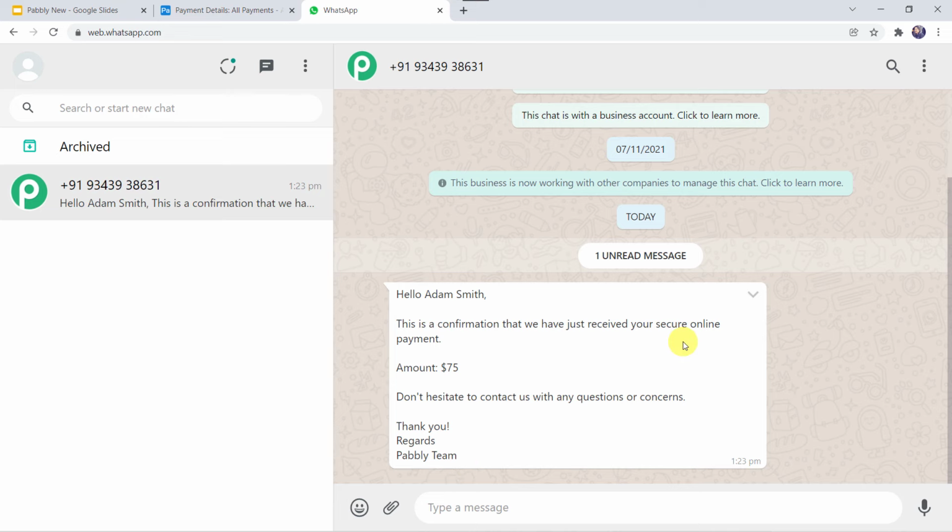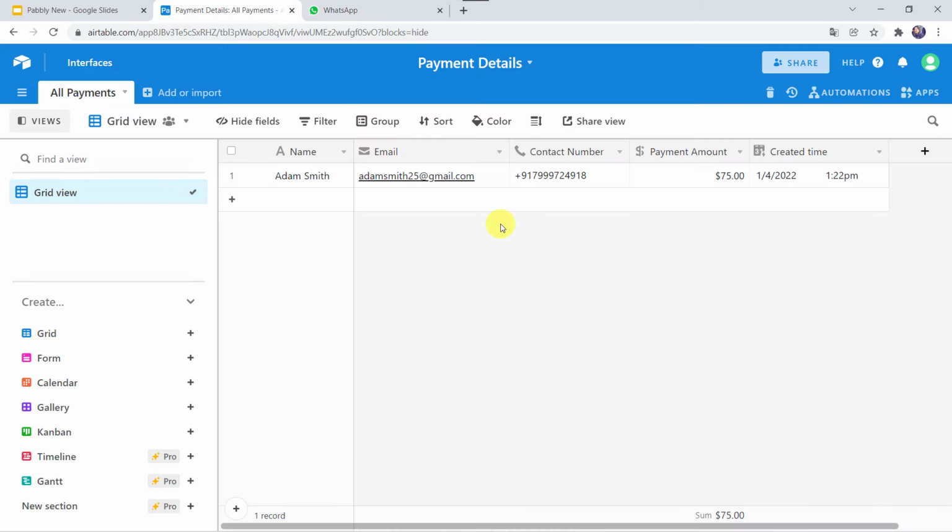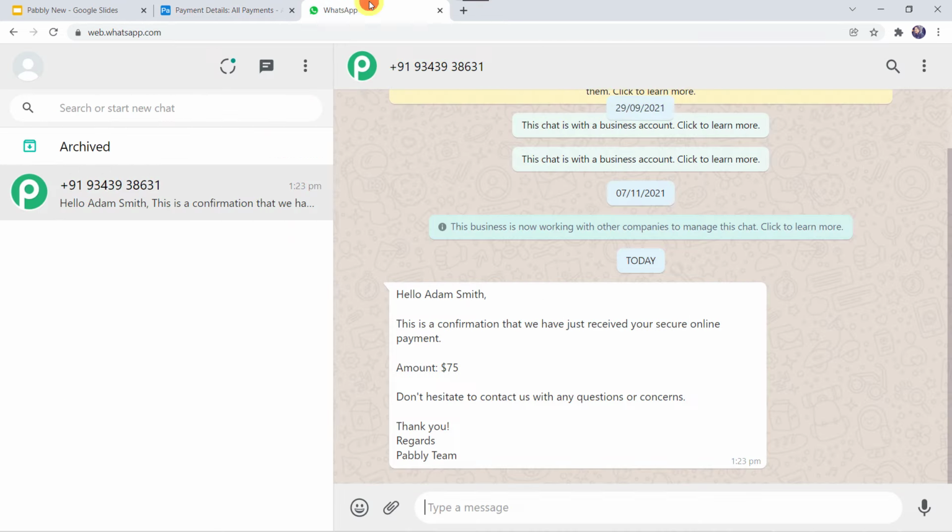So here you might be wondering that I just created a record in my Airtable account and automatically this customer named Adam Smith received a payment confirmation message on his WhatsApp number. So how did I manage to do this? Let me tell you, this has become possible because of the automation and integration process.